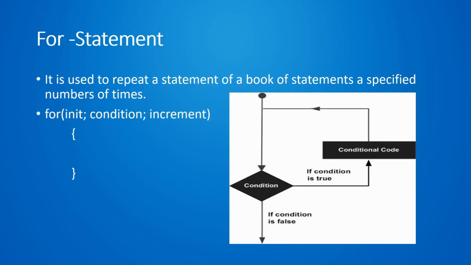So the for statement is basically a loop statement. It is used to repeat a statement or block of statements a specified number of times. You can see the syntax here: for, int, condition, increment. You can see the figure here. First it will check the condition. If the condition is true, then it will perform the operation, and it will run until the condition is no longer satisfied. If the condition is false, you can simply see in the figure, it will terminate